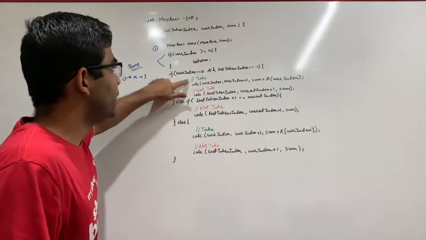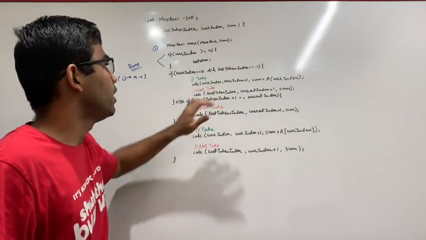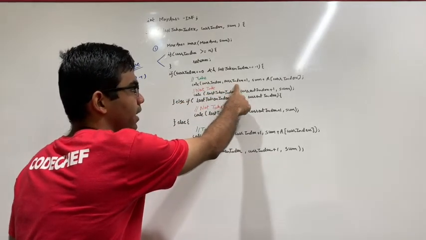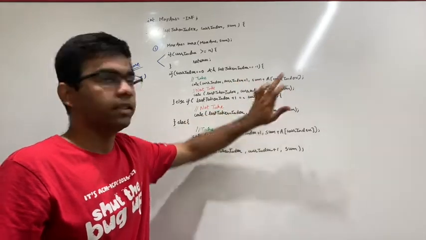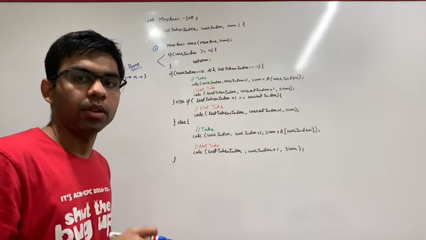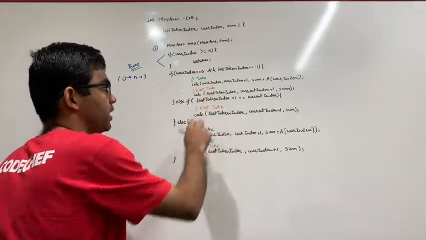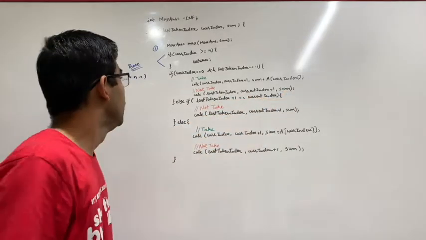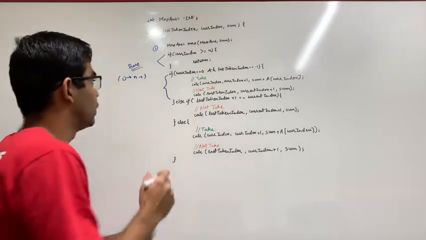So likewise, if I'm taking the value at the current index, which is 0, then what I've done is I have passed my last taken index as current index. I have incremented my current index by 1, and I have incremented my sum by the value at the current index. And in my second condition, which was not to take it, I have again called the calc function. I have not changed my last taken index. I have incremented my current index by 1, and I'm passing my sum as it is. So this if covers the case for the index 0.